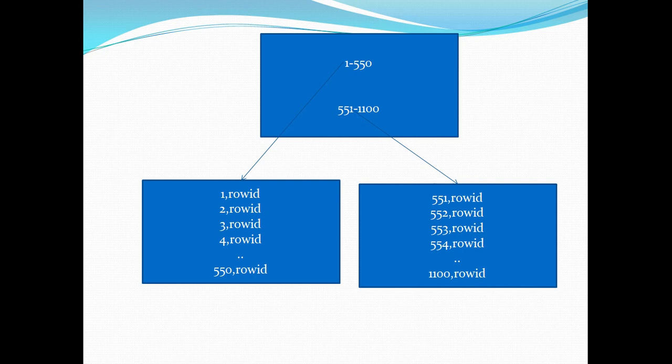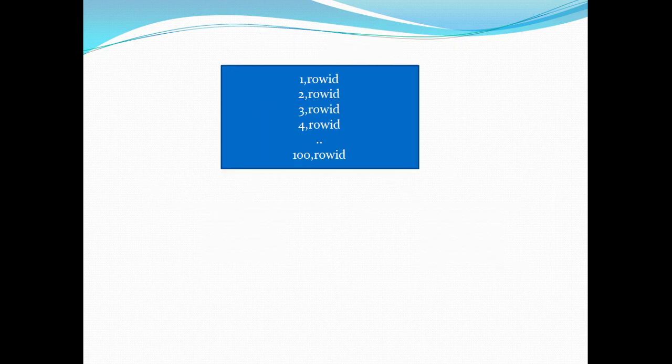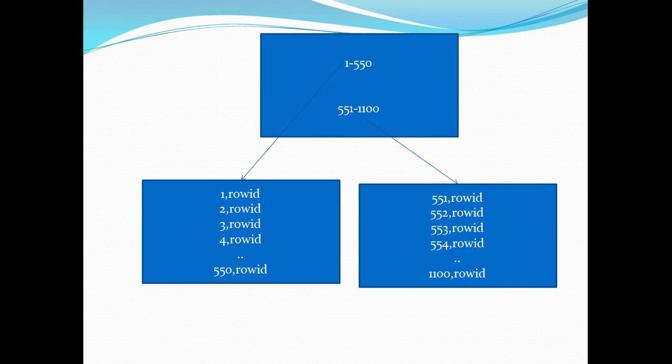So this process where the height of the tree has increased is called index spawning. Earlier we had just one block allocated to our index. The height of the index was 1. Now that we have inserted more data to our base table, the height of the index has increased to 2. And this phenomenon of vertical tree growth is called index spawning. That means when the height of the index increases, that phenomenon is called index spawning.